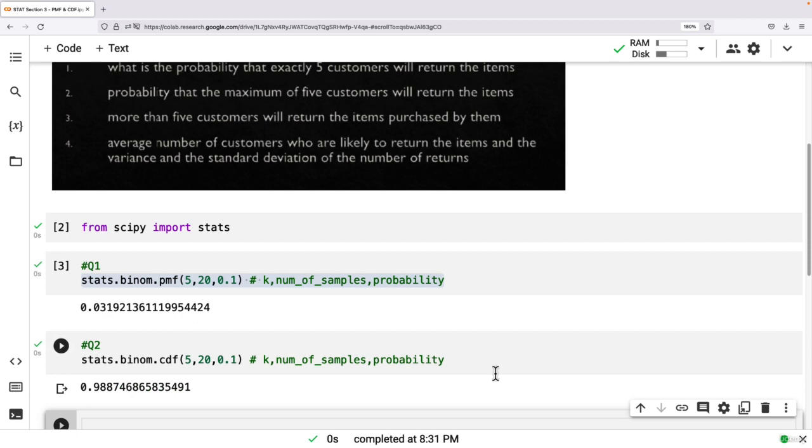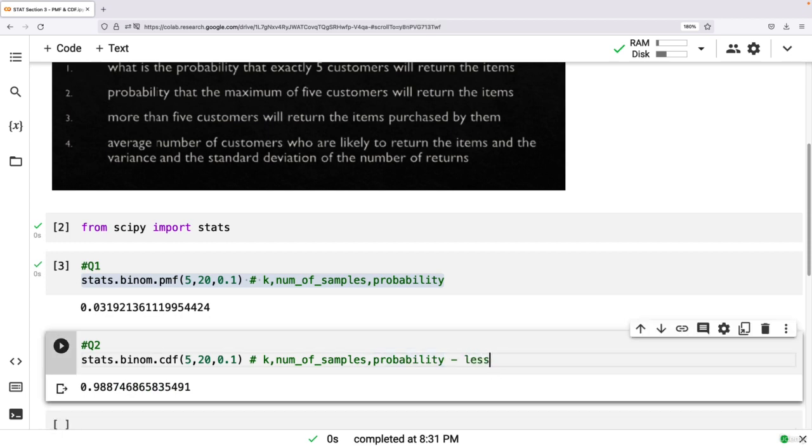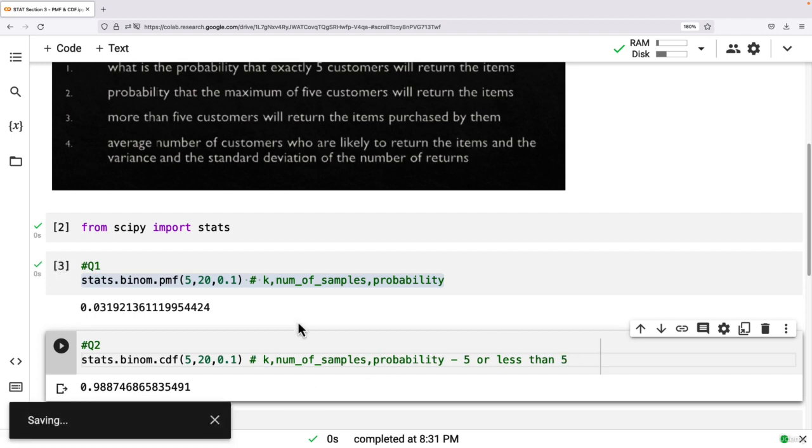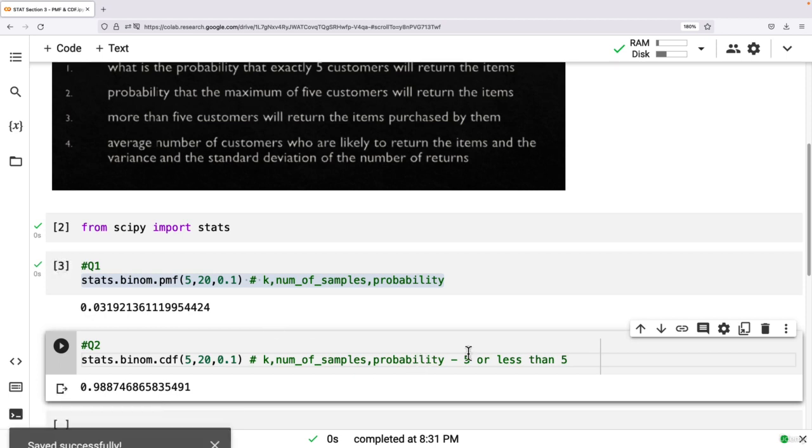This is a scenario where it is 5 or less than 5. So the probability that 5 or less than 5 people are going to return on that specific day is